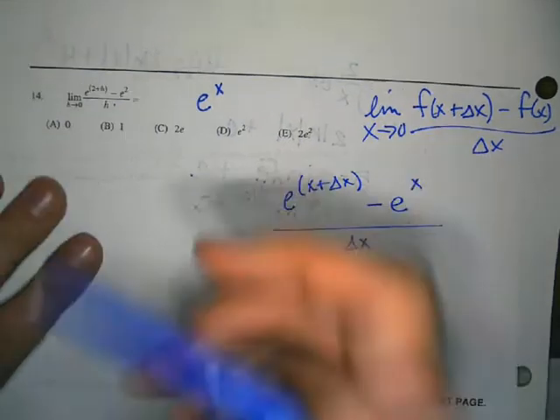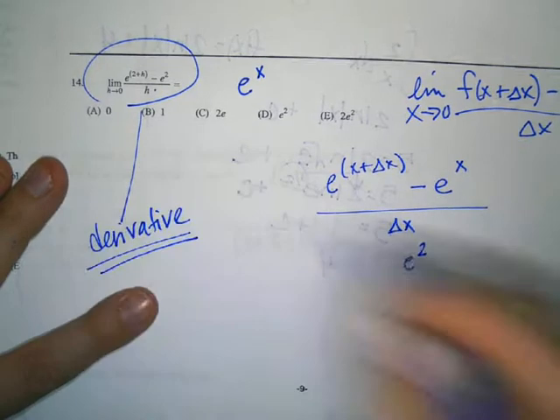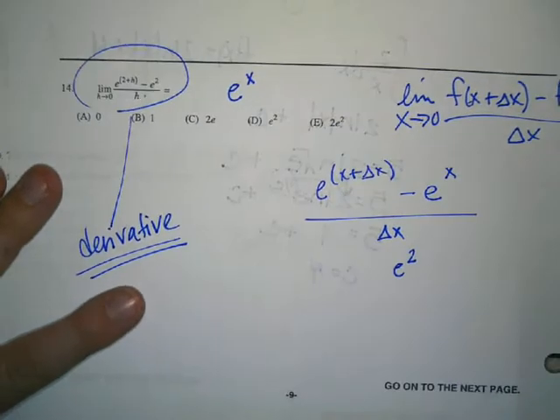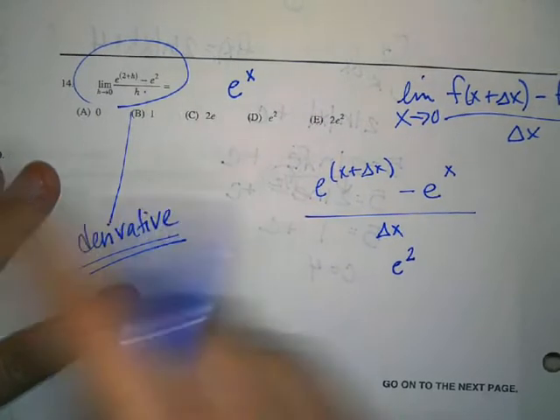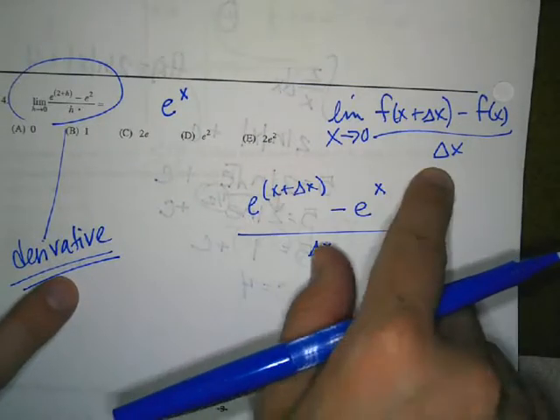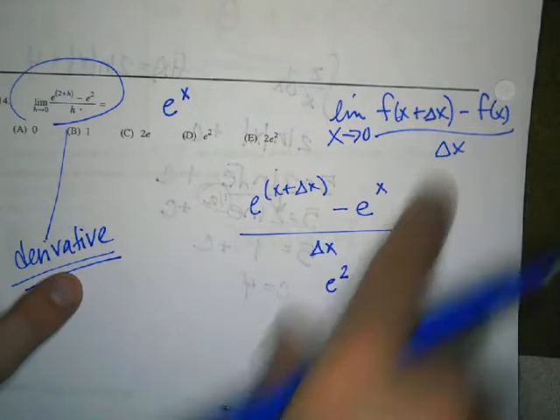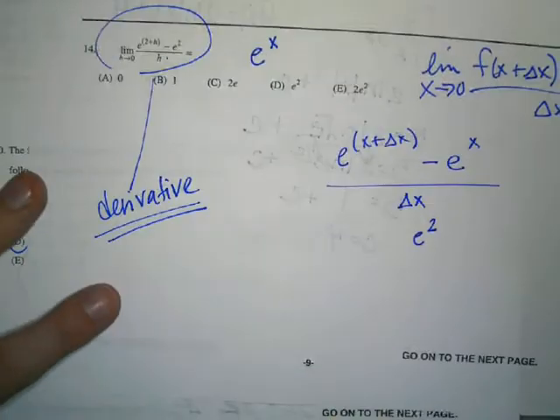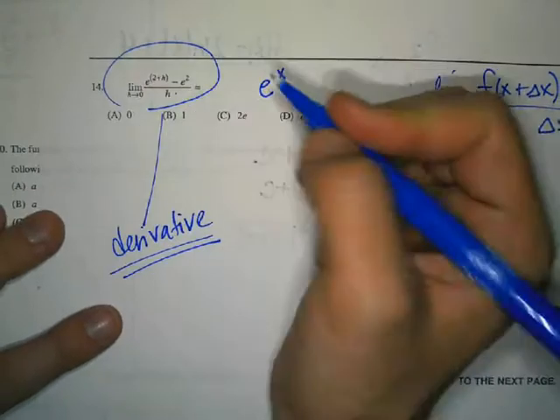So they're trying to get you here to say this is finding the derivative. How do you get from the limit to finding the derivative? Because when we were using the limit definition like this, when we first started doing derivatives, this is how we found the derivative, by doing this. And then we use rules after that to simplify the process. But this setup means find the derivative of